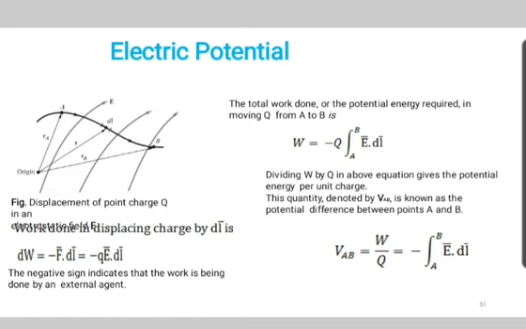So electric potential is, if we consider a charge q, and within the electric field of q, the test charge qt is placed. The test charge qt experiences a force which is given by F equal to E into qt. So in order to hold the test charge at a given position, the force is required to be applied in the opposite direction. So the force applied is minus E bar into qt.